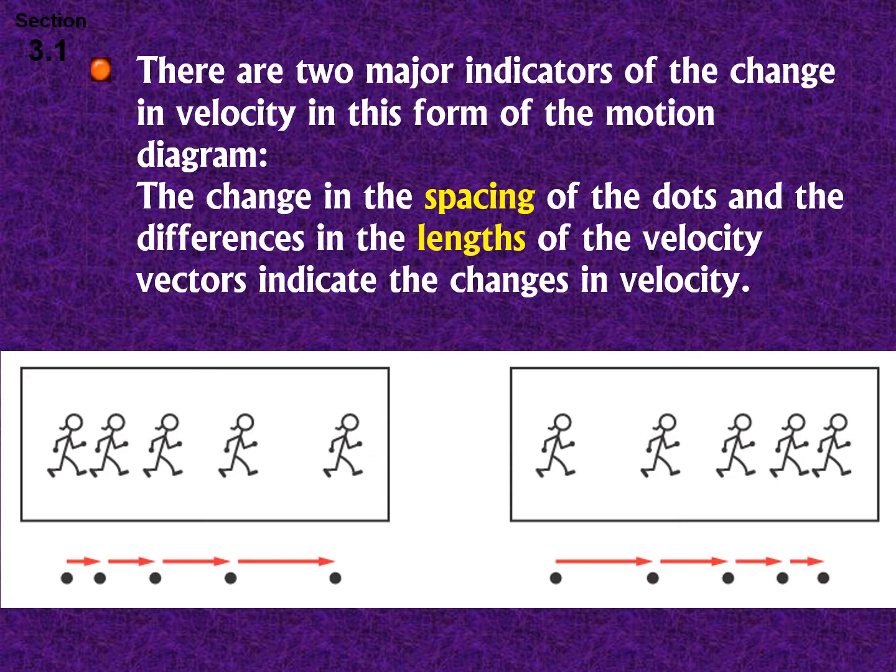So notice that in both the diagram on the left and the diagram on the right, the spacing between the dots is changing. So you know there's some kind of acceleration. And if you draw in the vectors, which would be arrows pointing in the direction you're moving, that are the length of the space between the dots, you will notice that those are also changing.